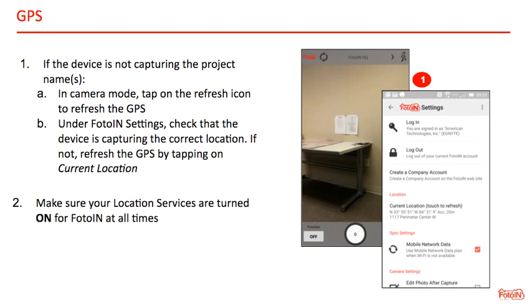Next, let's cover GPS. So one of the basic parts of FotoIN is the GPS and capturing that location, the project names, and you'll see, like in the picture here at the top in capture mode, there is an address or a project name displaying to show you that the device is capturing your location. If for some reason the device is not capturing the project name, you know it's configured in the web portal and it's not showing up at the top of your capture mode, make sure in camera mode that you tap the refresh icon next to the location name, the address, the project name. Make sure you tap the refresh, so that way it'll recalibrate the GPS within the device